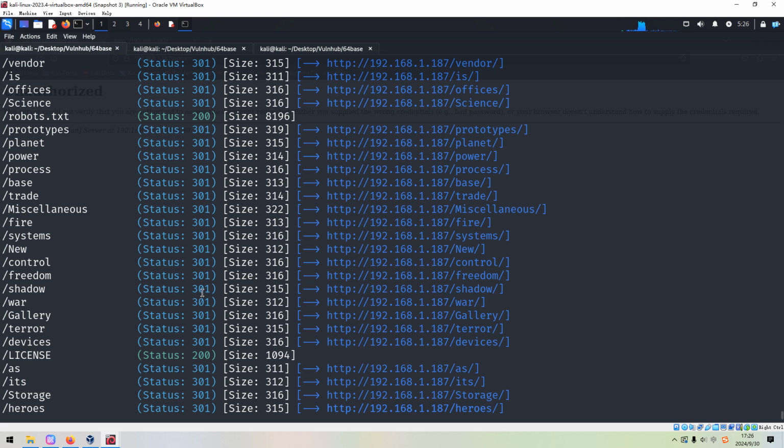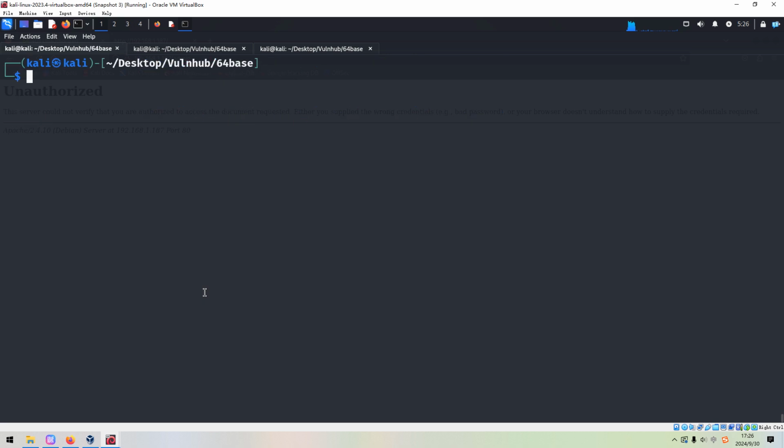To be honest, when I did the machine, I was a bit lost. Actually, we need to create a new word list, and this word list would be fit to make directory enumeration. We shouldn't be using the normal word list like a GoBuster word list.